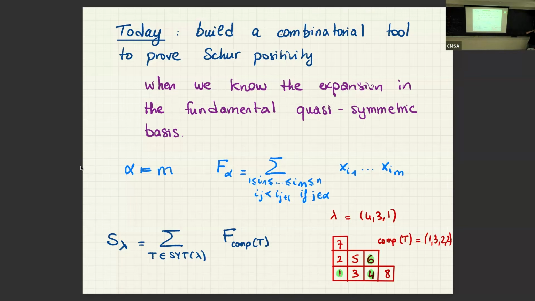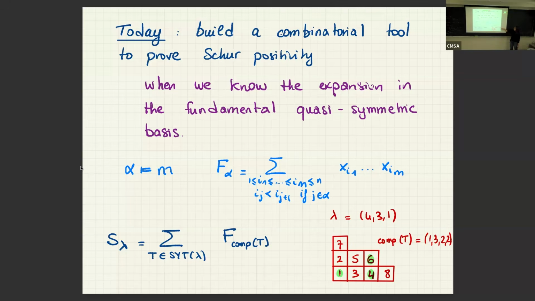So how do I get this composition? Okay, so I'm going to read the numbers in my tableau from 1 up to n. And whenever I have to go above or to the left, okay, I'm going to circle my number in green. Okay, so 1 is under 2. Okay, so 1 is circled in green. And then 2, 3, 4, I'm going to the right, so I don't do anything. Then 4, I have to go to the left to go to 5. So 4 is green, and then 5, I go to the right. 6, I must go to the left, and 7, 8. Okay, so that gives me a subset of the numbers from 1 to 7.